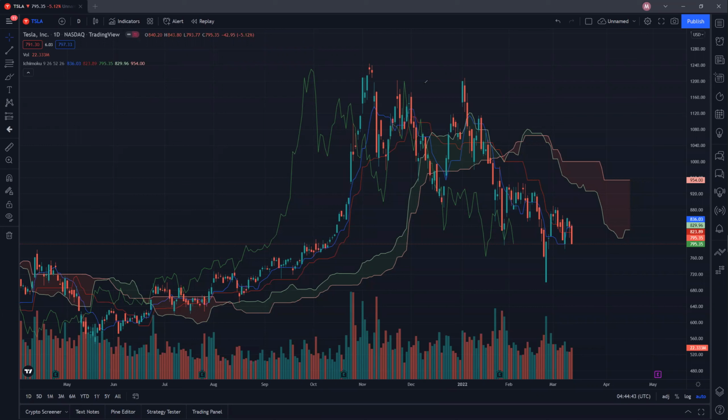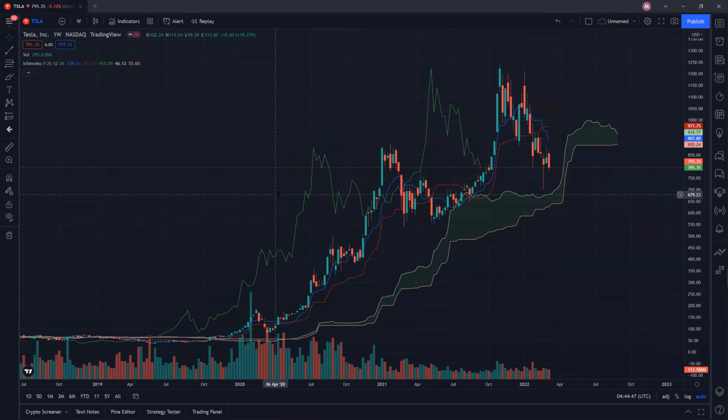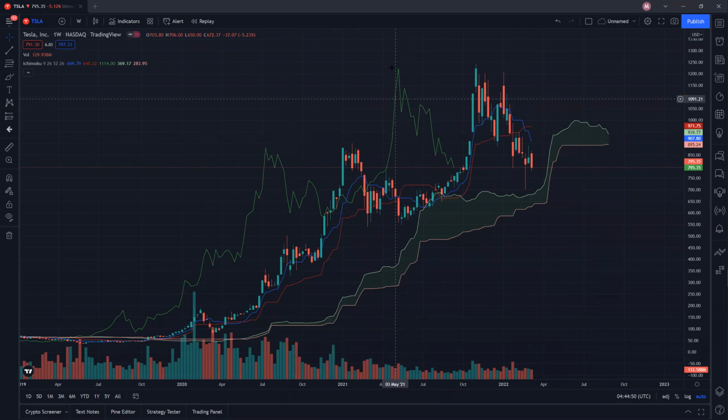So generally, if it's too confusing, you can always just use the weekly charts. The weekly chart gives a clearer idea of when you can enter and when you can exit, more for long-term investors. So, long-term investors, you can see that the blue line cut above the red line for